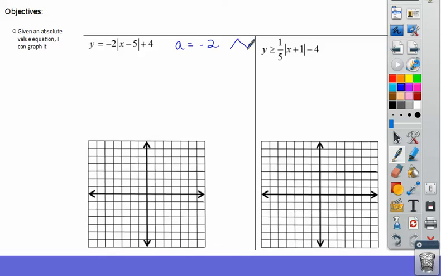That tells me that it's going to look like this, by the way. And (h, k) equals (5, 4). So what I normally do is I go to the 1, 2, 3, 4, 5, 1, 2, 3, 4. That becomes my new origin. My parent function of this one